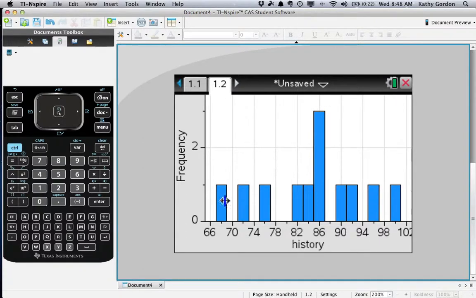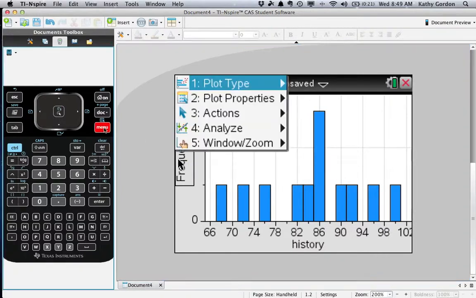Okay, but this is not the way we've set up our distribution. This is not what we're looking for. So we want to be able to change this to what we want, which is 4 bars, each bar representing an interval of 8 score points. Okay, so to do that, we're going to go to our menu again,